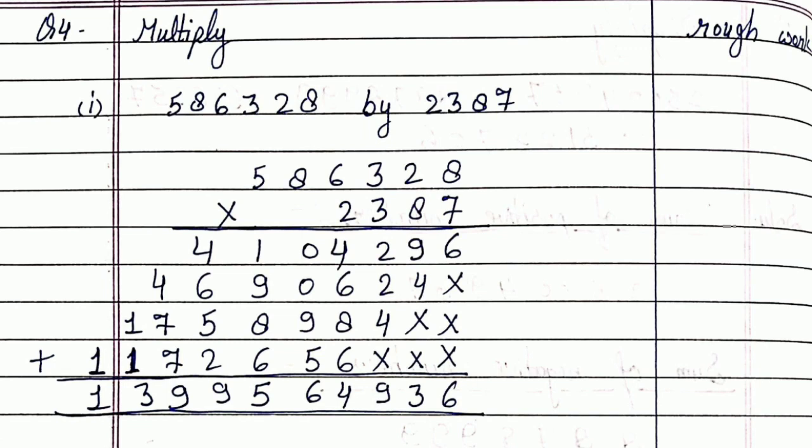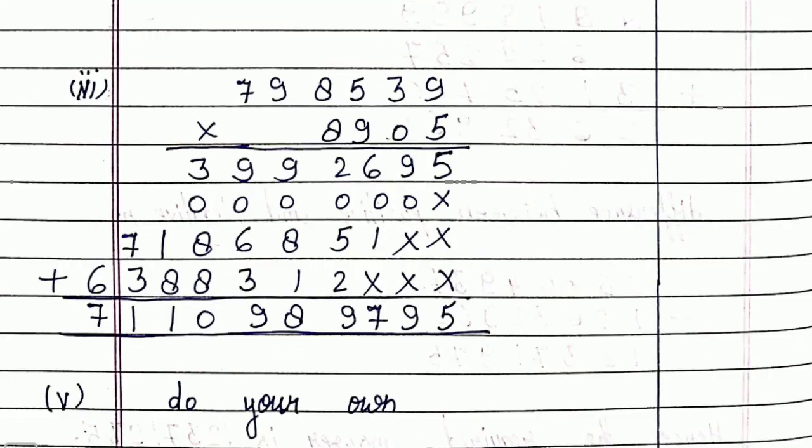So what we will do now, we will add all these numbers column wise. So see, after 6 nothing is there, so directly 6 we will write. Here 9 and 4 we will add, so we get 13; in place of 13, 3 we will write, and 1 will go here. Like this we add all the numbers and then we will solve.